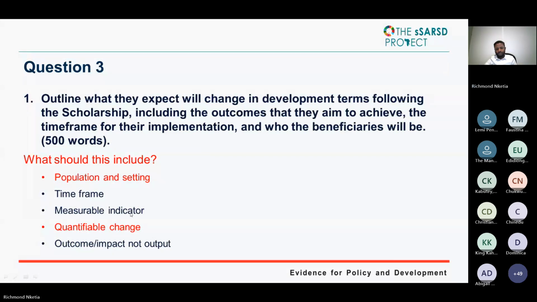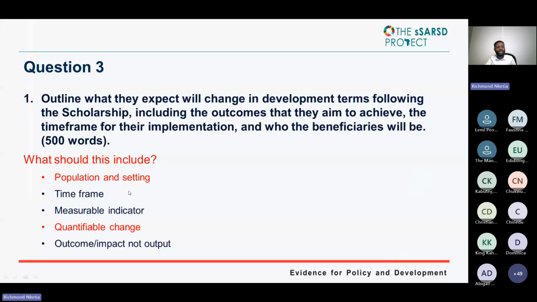And I write that, say by 2029, I would have distributed. And one of the issues I have identified from the literature is that people don't sleep under insecticide treated mosquito net. And I write as part of what I expect to change that